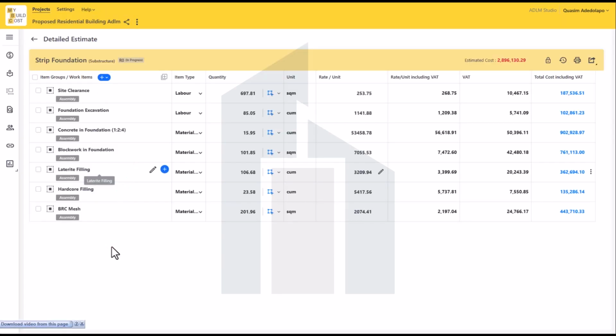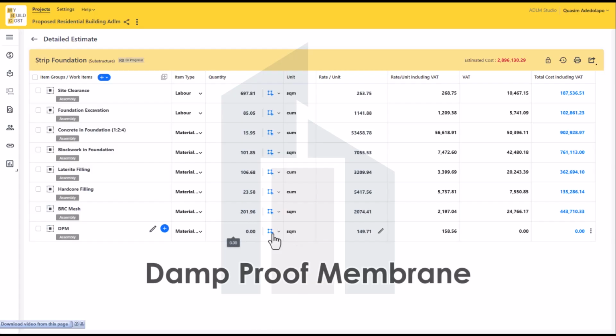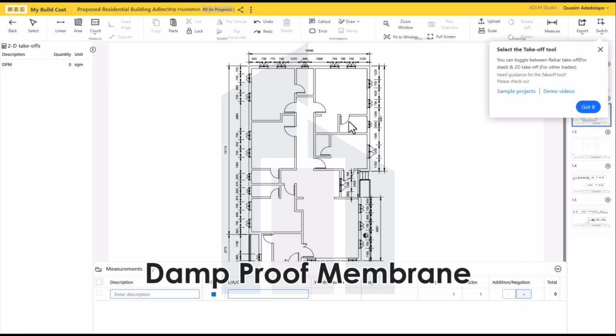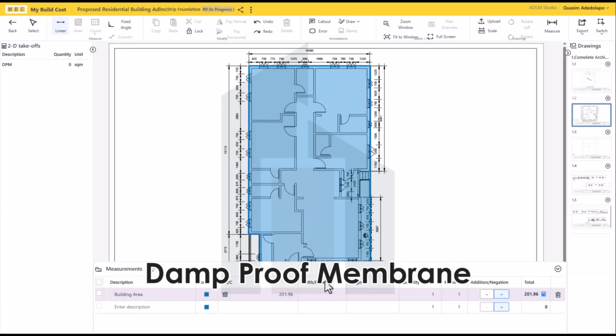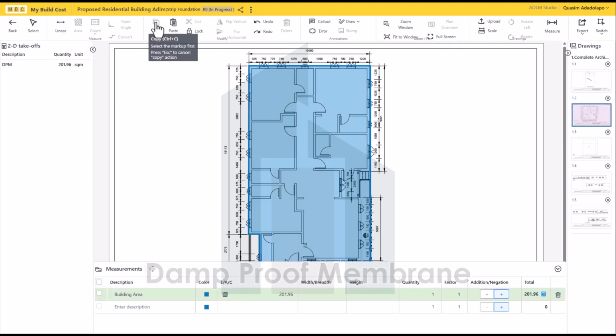And let's move to the next item, which is our DPM work item. Once you just select this here, and once you've selected this, all you have to do this time around is paste. You have your square area also. Select this ahead of the next measurement, then copy. Then after we've done our DPM and we've added our BRC mesh, the next item of work that we'll measure